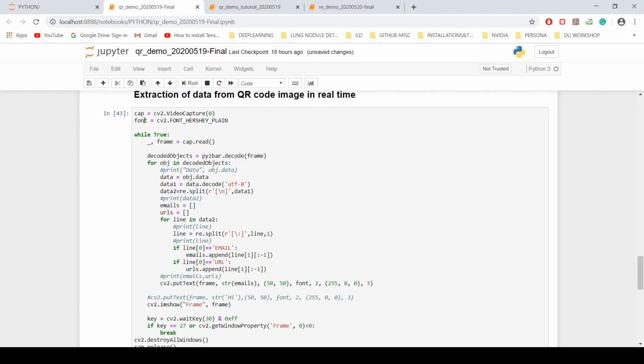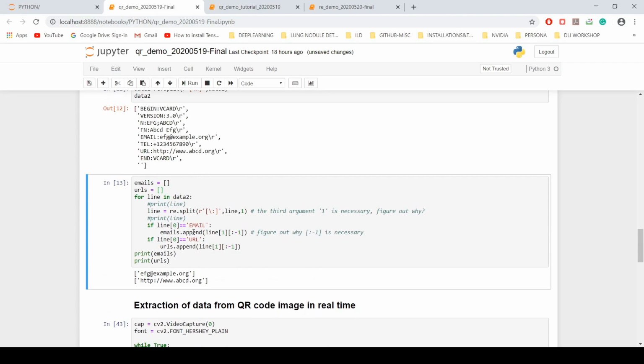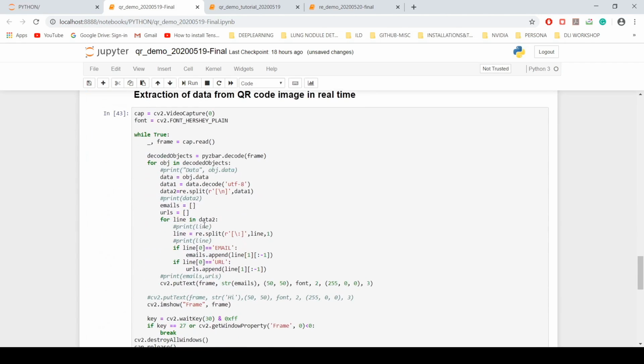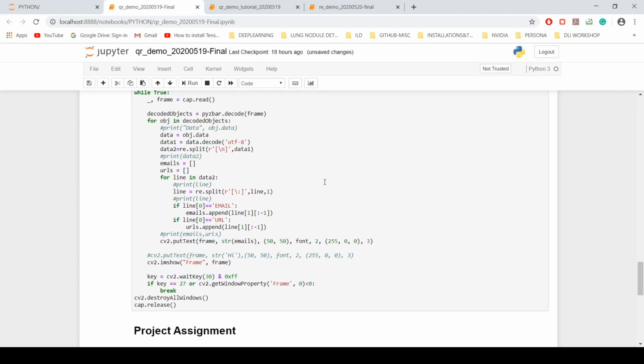So first you enable your webcam and start taking video frame by frame and repeat the same procedure whatever we have seen in the earlier notebook cells. Repeat the whole thing again, but this time in this infinite loop that will automatically extract information and display on the display frame. You'll understand. Let us execute this.